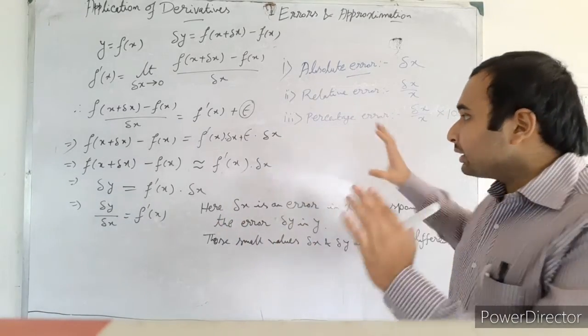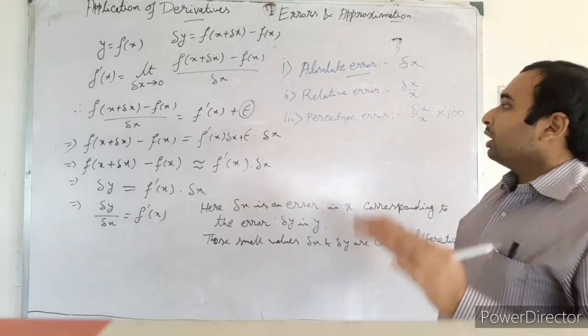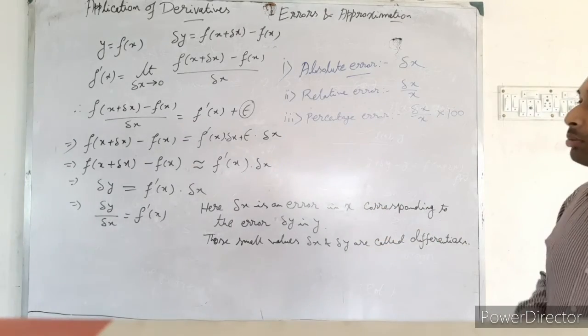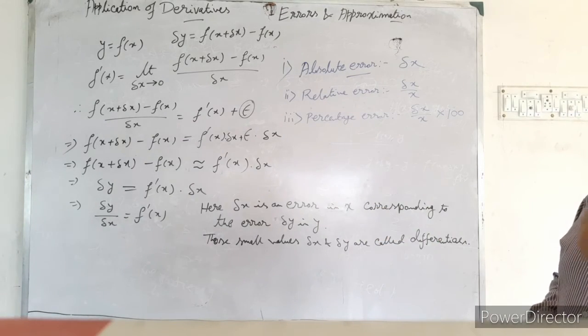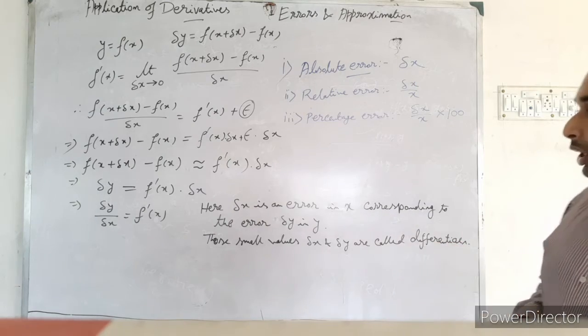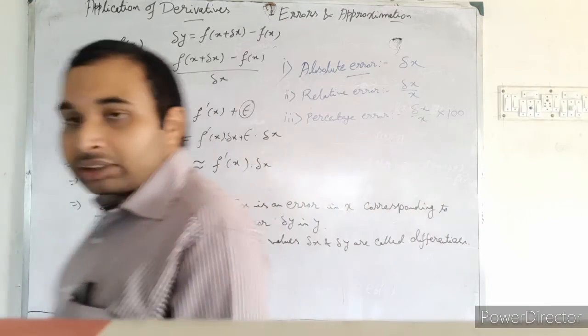That's why this is the total approximation process, and now we will do some sums, then I think it will be clear to you what is going on here. So students, our first example is